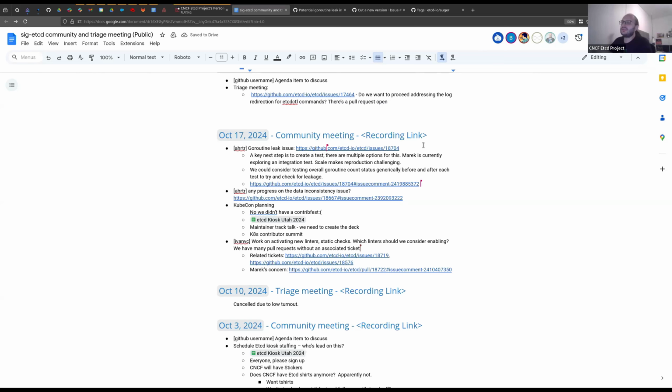But the problem with testing something like this in an end-to-end test is that it would need to be baked into the etcd binary, and then you would need to add a hook to do that on some level. It's hard to kill the process, or when you're shutting down etcd, how do you verify that there is a leaked coroutine? When do you verify that? That's a hard black box question. Currently I don't know how to do it in black box.